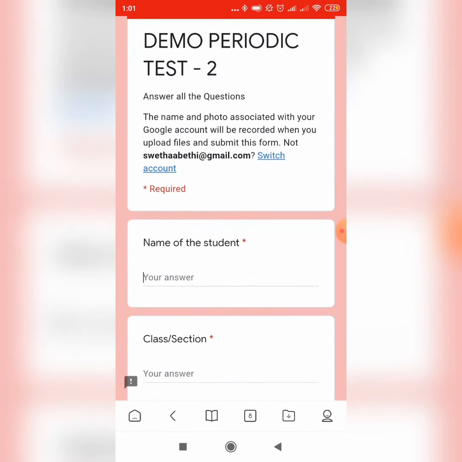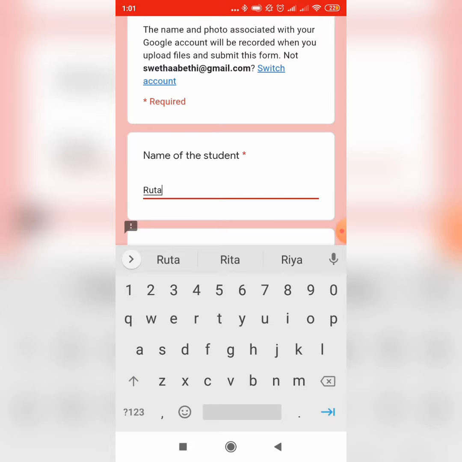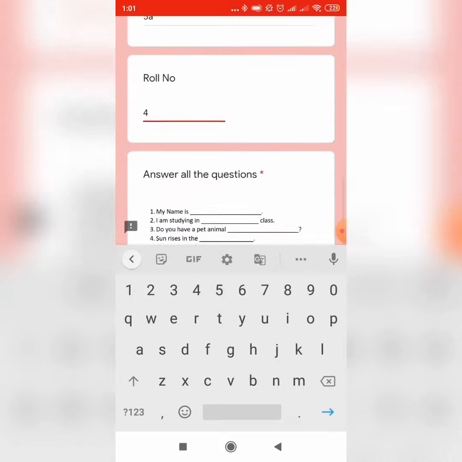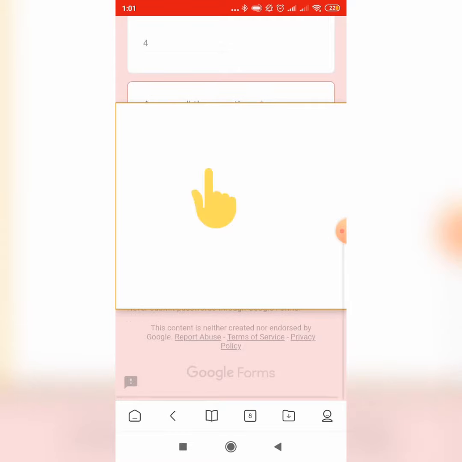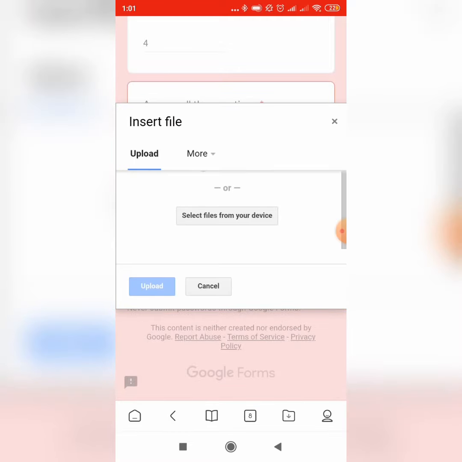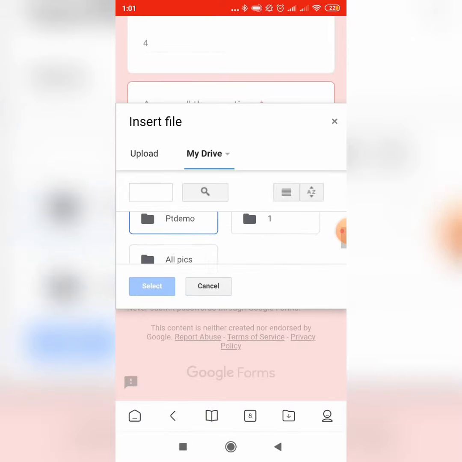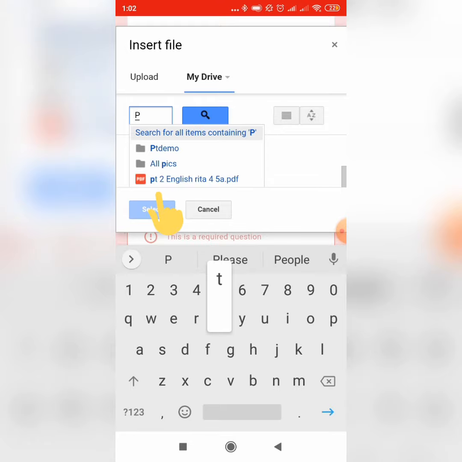And now write down your name, class, roll number, and you can add your file from here. Choose add file, go to more and choose your drive and browse for your folder. You can search for your folder from here. I named it as PT2 2020 Rita,